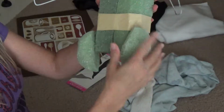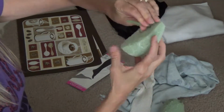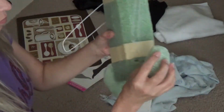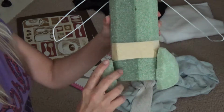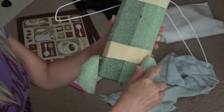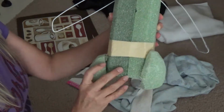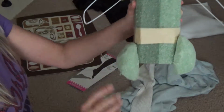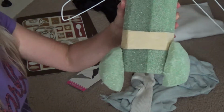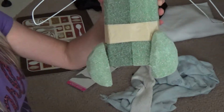And then our next step is to do the legs. Now the legs, I use the other ball of foam and cut it in half, and then I stuck a thick wire, like another flower stem, inside the leg part and then stuck it inside the body, so that's where we're going to be sticking your little legs and feet in. You'll notice I already have the wires for the flippers stuck in, but don't put them in yet. I put it in too early. Anyway, moving on from the legs, which I'm going to pull that one down a little lower,